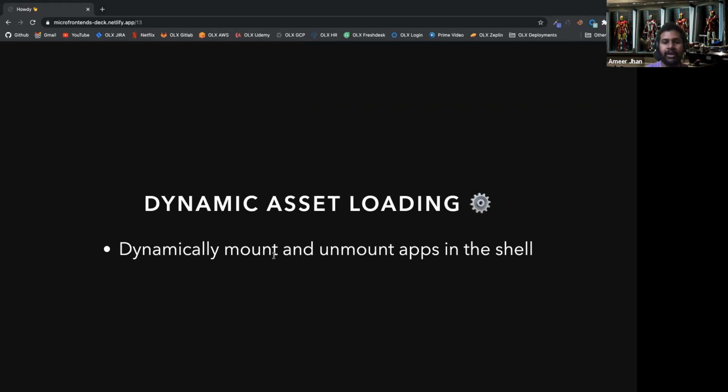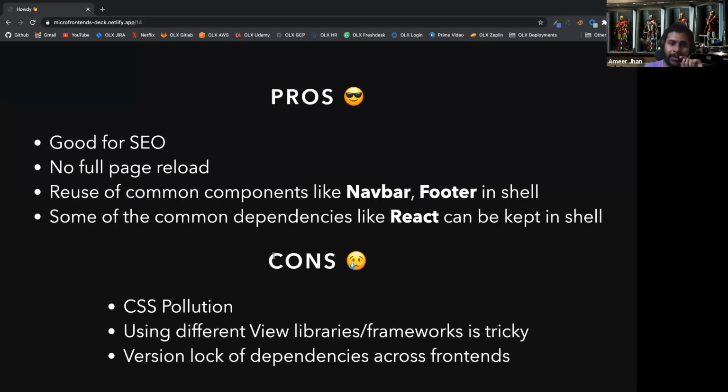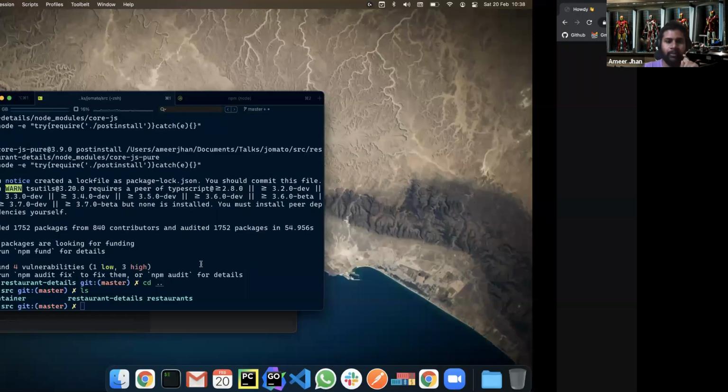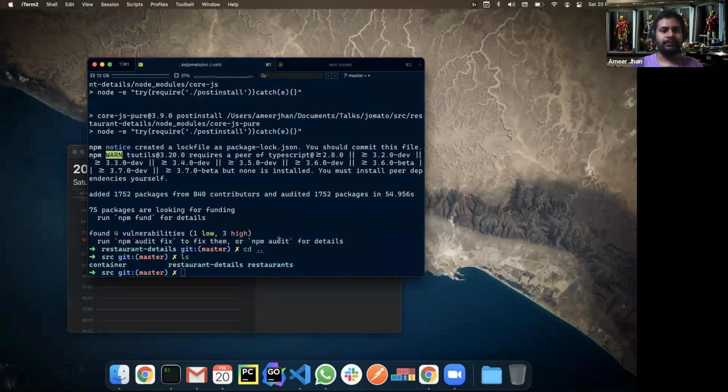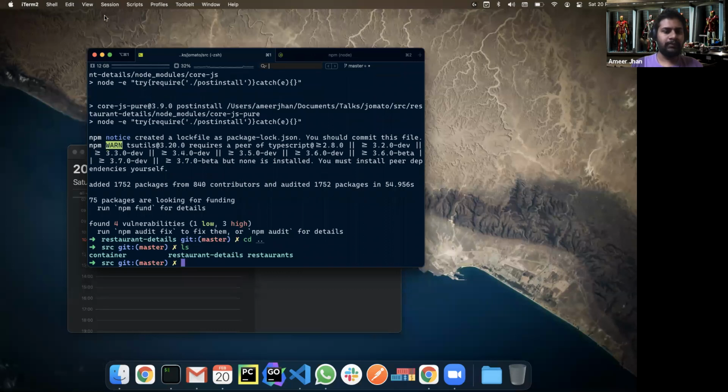So we don't care about iframe. We don't make any server configuration change. You just give the shell the details on where your app lives and what the assets of a particular micro frontend are. Okay, let me give you a quick demo on that. Okay, so where am I?